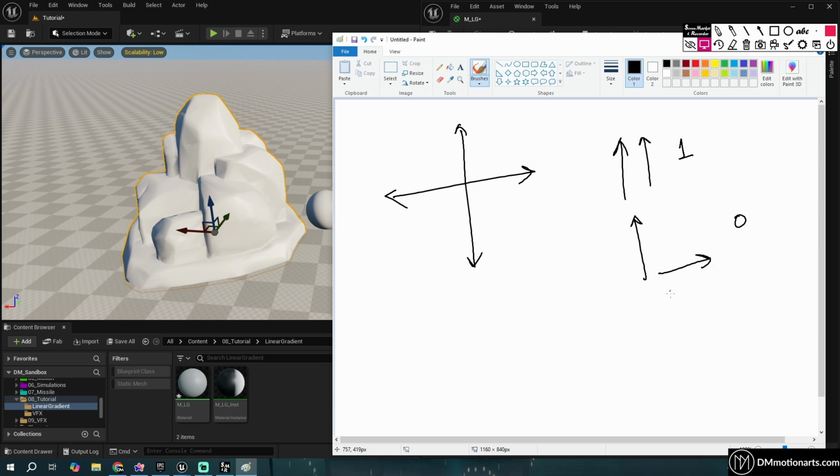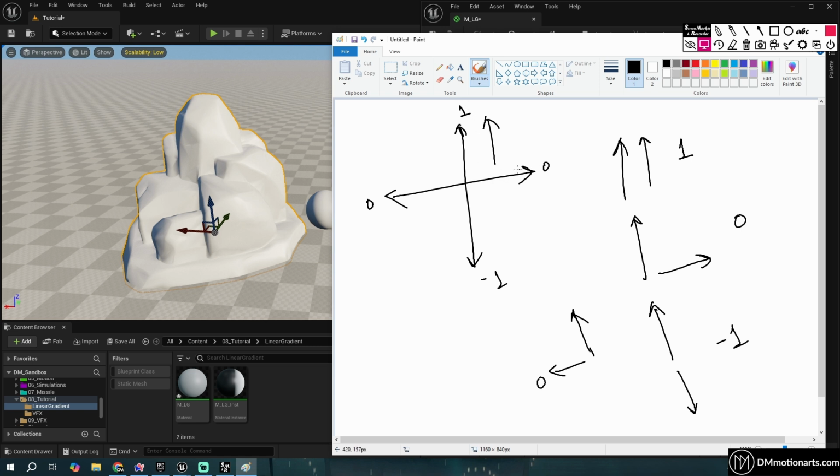So if they are facing opposite to each other, the value would be -1. And I think on the left side it also gives 0, because it is again perpendicular. So I like to use this graph, which is 1, 0, -1, 0, and you could see that if two vectors are going to face the same direction, it is compared to this one. If they are parallel to each other like this, it's going to give us